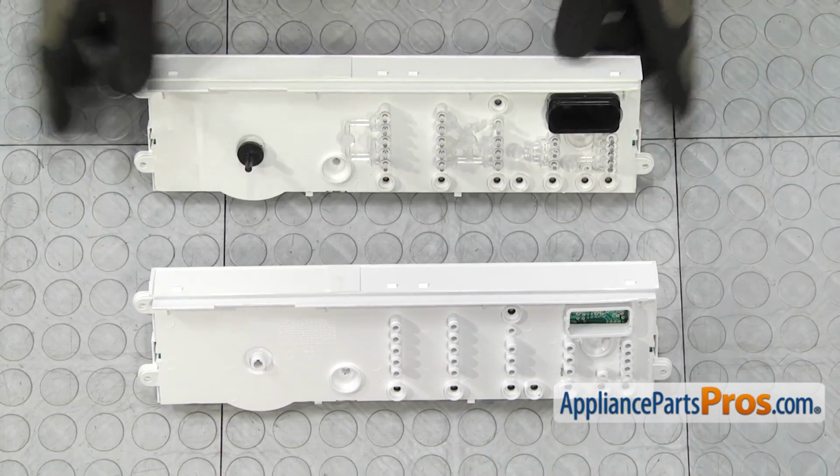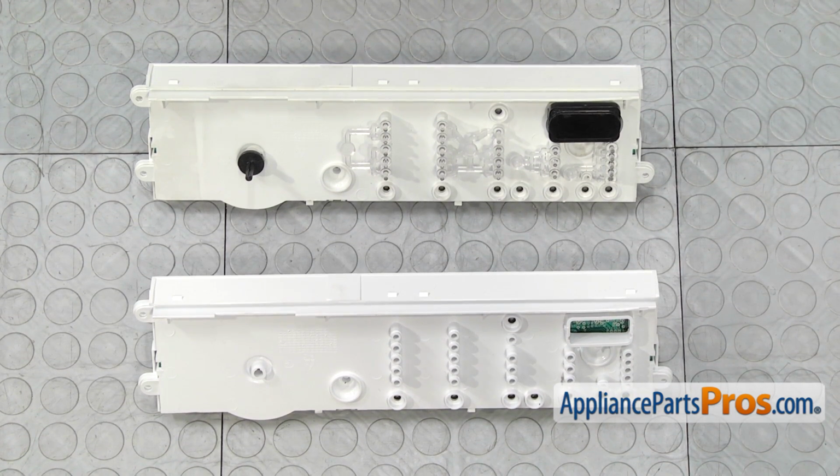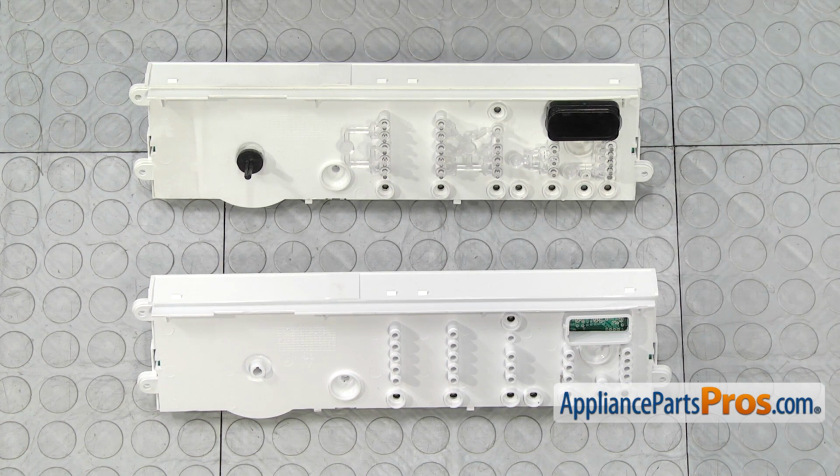Here's the old electronic control board next to the new one. If you already have one of these, great. If not, you can get it at appliancepartspros.com. The new one doesn't come with the shaft or the little plastic pieces, so we have to switch them over